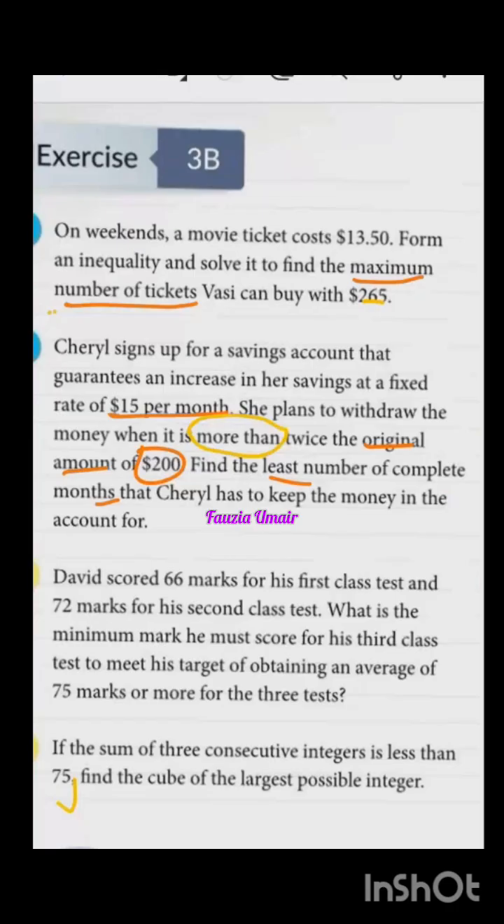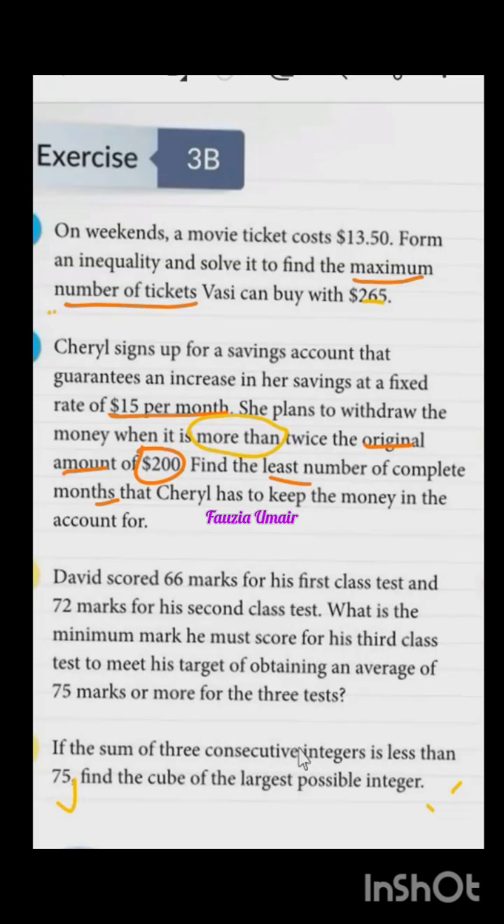Okay, miss. So moving on to question number 4. The question is: if the sum of three consecutive integers is less than 75, find the cube of the largest possible integer. So first of all, what we will assume,